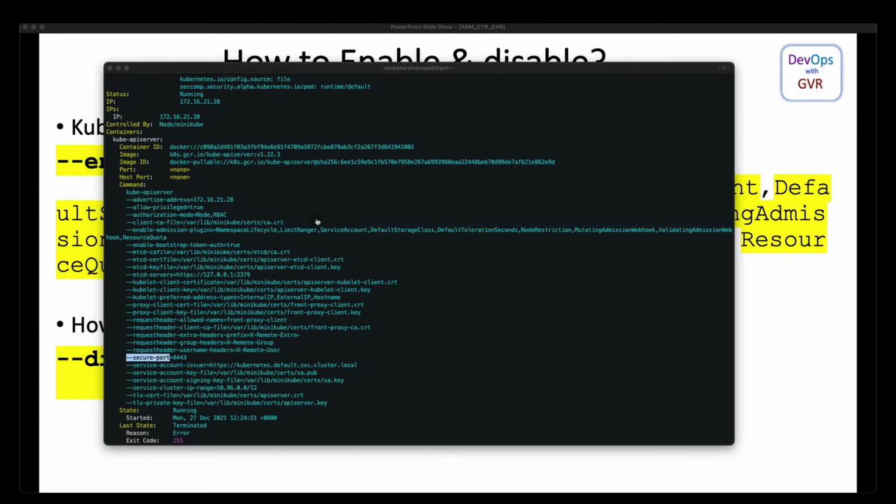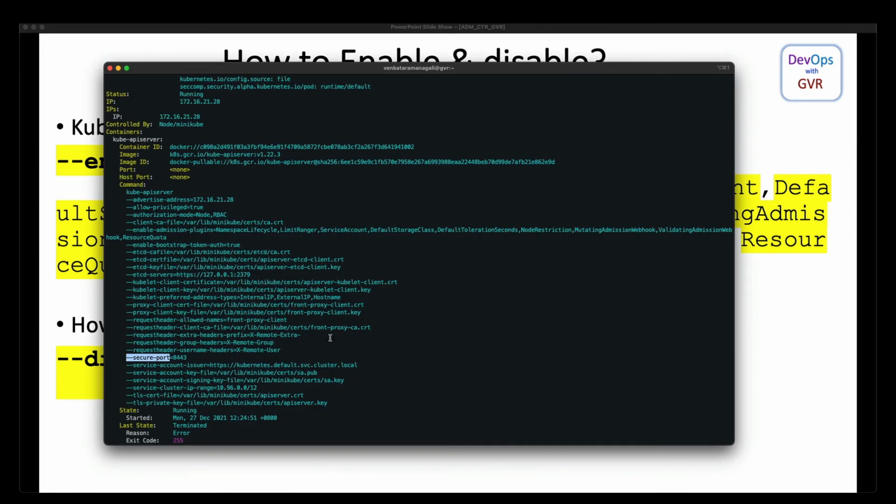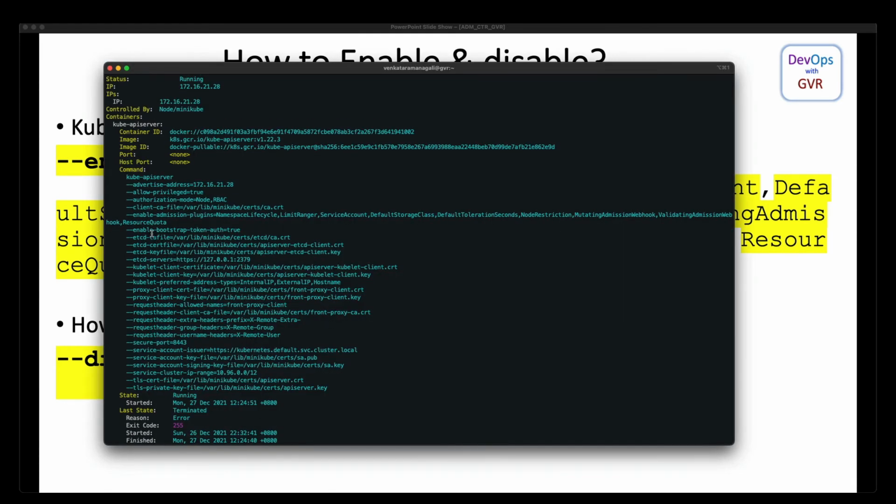There is an option to enable admission plugins. If you look here, enable-admission-plugins: by default NamespaceLifecycle, LimitRanger, ServiceAccount, DefaultStorageClass, DefaultTolerationSeconds and some others. These are added by default. I did not do anything, I just ran minikube start.